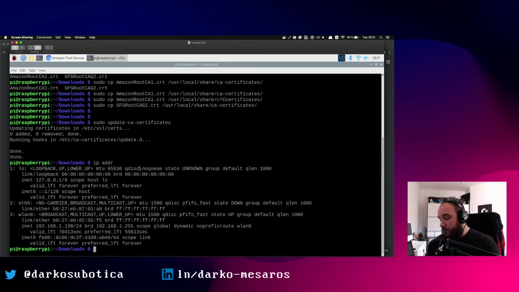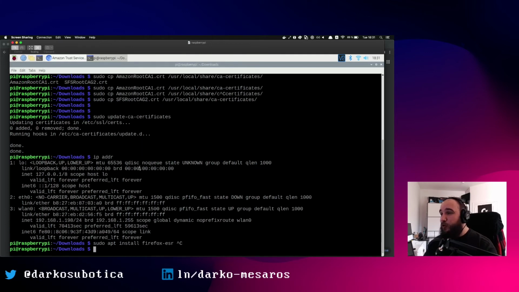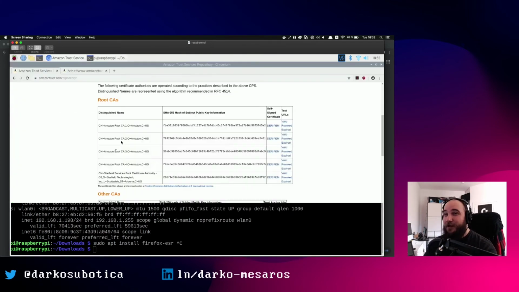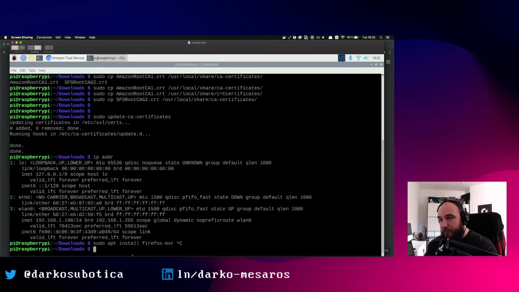So I could just sudo apt install Firefox. I believe it's ESR, right? But that's no fun, right? Let's do it the hard way. Let's use Systems Manager for this. So if I go back to my thing here,